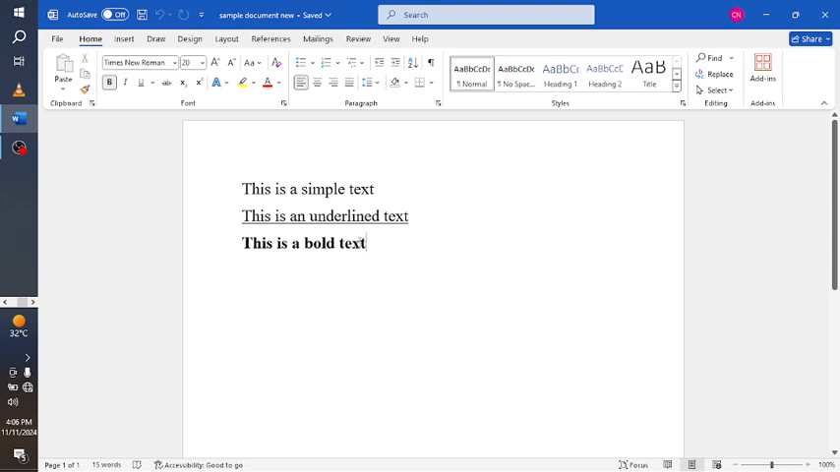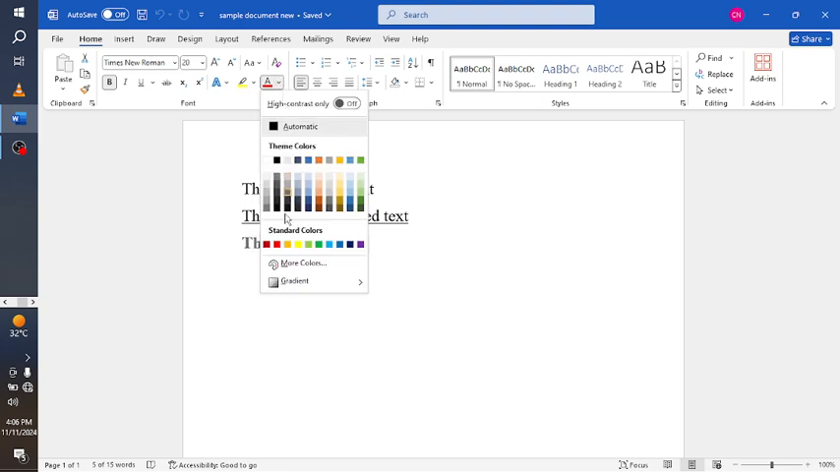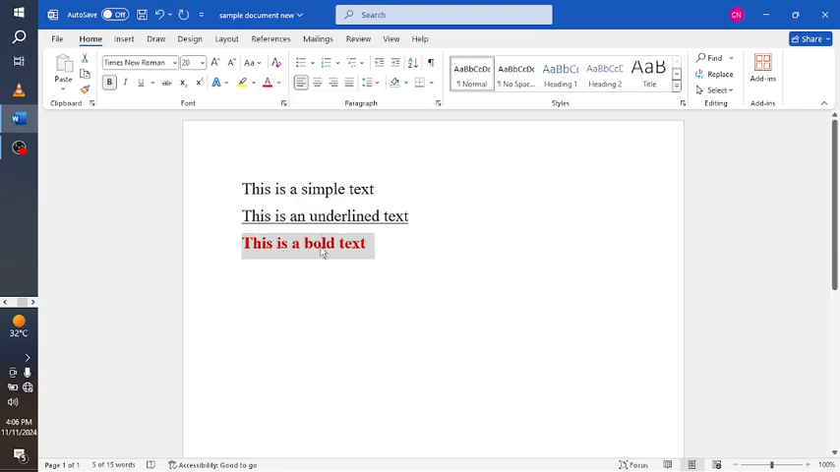Okay, so we can also change the font color of our text. What is the font color? The font color is simply the color of the text. Okay, so everything that has to do with font, we go to Home in the ribbon here and this Font group. So we can copy this text and come here and explore the different font colors. So let's just make it red. This is a bold text with